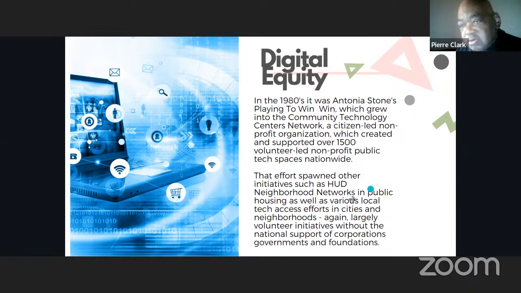There needed to be, her kids, she was a school teacher, and her observation was that the kids in her school did not have the access to technology that she thought they should have. So she took it on herself with her own money to start a neighborhood organization called Playing to Win. And that was the first accessible public space in New York City that provided technology so that kids, when they got out of school, could